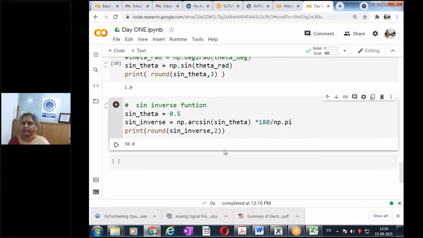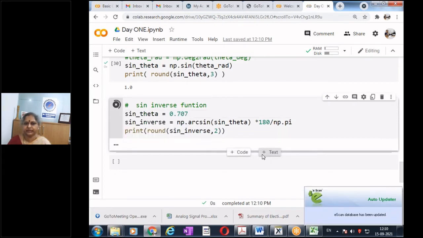So are you comfortable computing the sine and computing the inverse sine? Similarly, if I want it for, say, 0.707, run it and I should get 45 degrees.